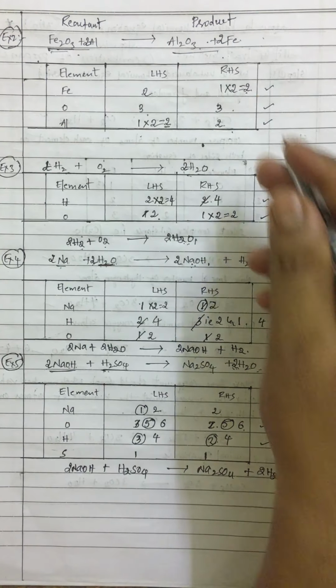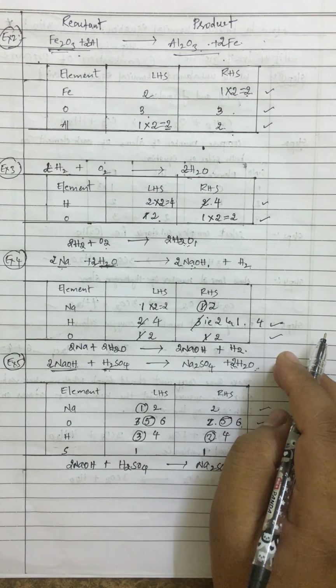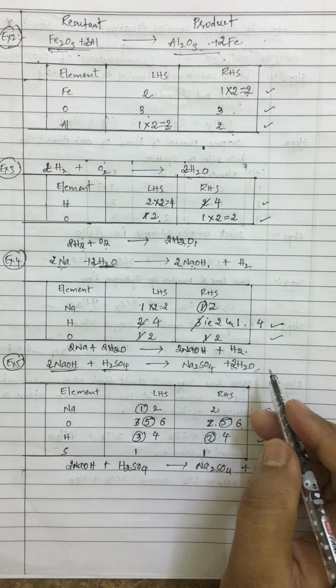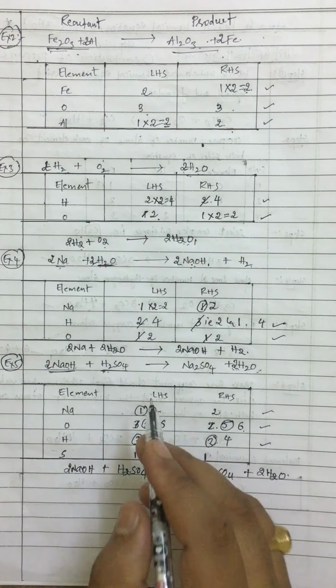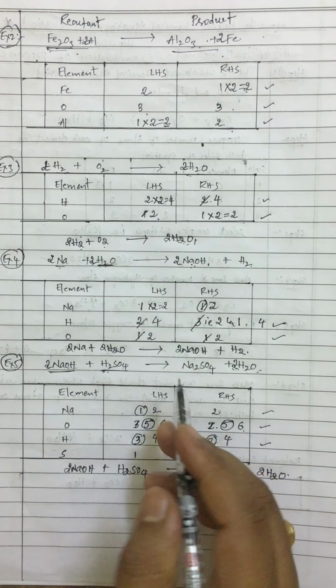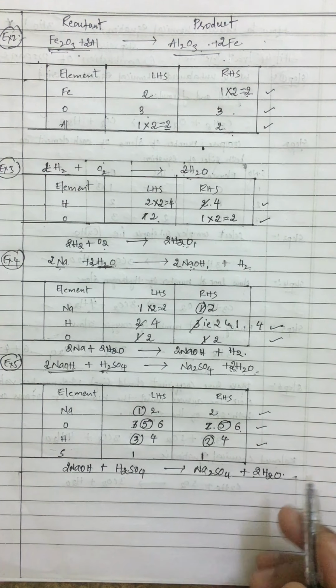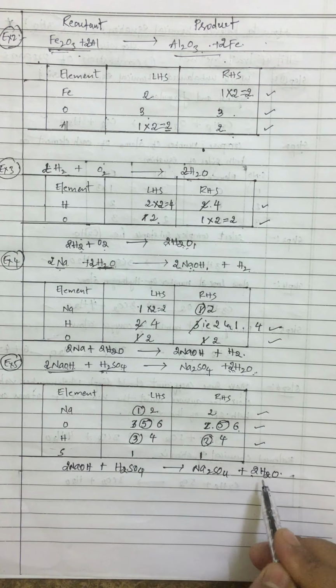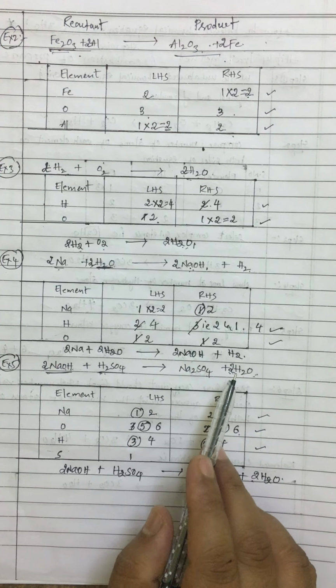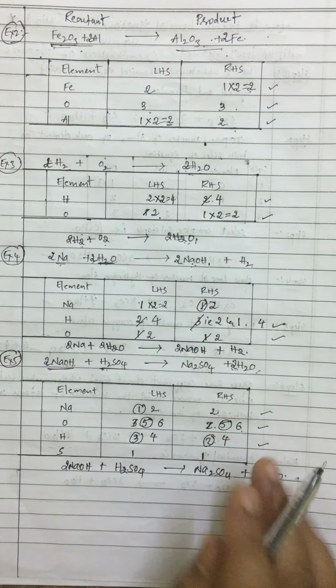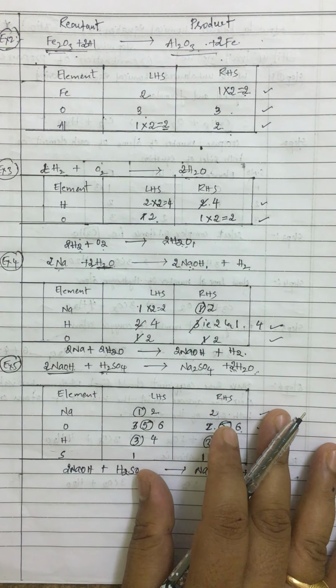Hope all these are very clear. In the next class, we'll discuss a few more examples of how to balance a chemical equation. In all these cases, we did only one thing. We added a suitable number as a coefficient before a formula to make the number of atoms the same on both sides of the equation. Okay, hope you have understood how to balance a chemical equation, right?